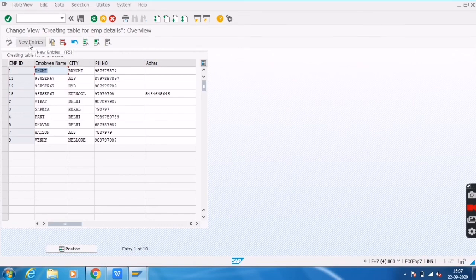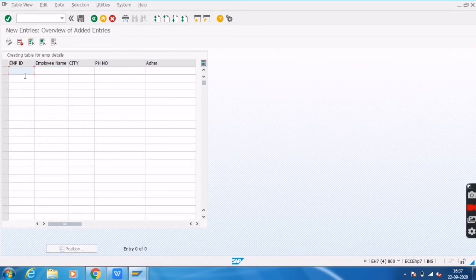Here only we can enter our data, 20th record. We don't need to enter the employee name because we already applied the TMG event for employee name. City is Mumbai, phone number something, Aadhaar card something. Click on save. It got saved.